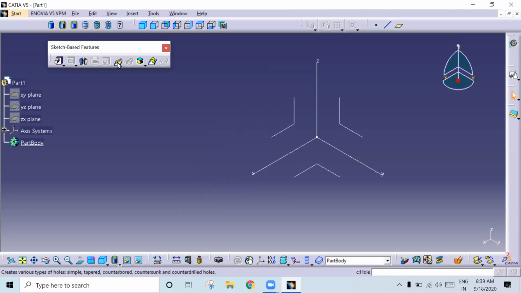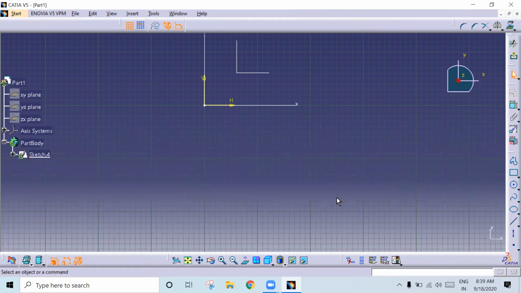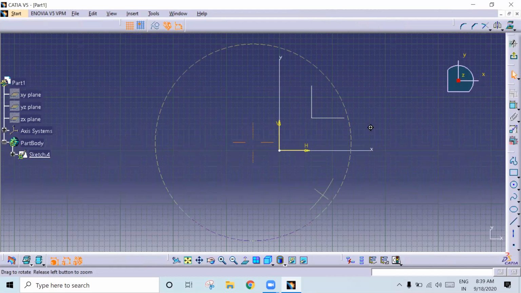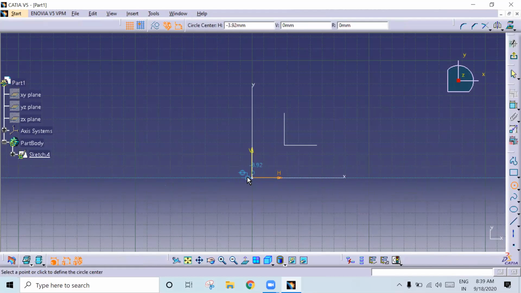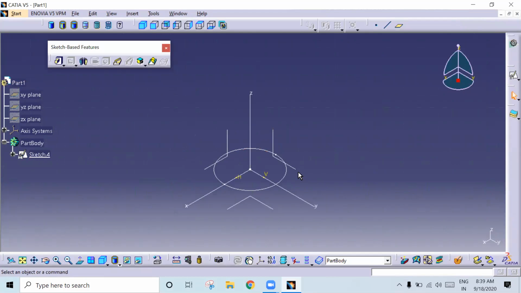So here we have rib. Rib is a material adding feature, but it is one of the advanced features. Whatever profile we create, that profile will follow the guide curve. Okay. So how? First I will select the top plane and I will go to sketch. So here I will create a circular profile. Then exit. Once you create it, you need to select the perpendicular plane, this or this, anything. So I'll select this and give OK.